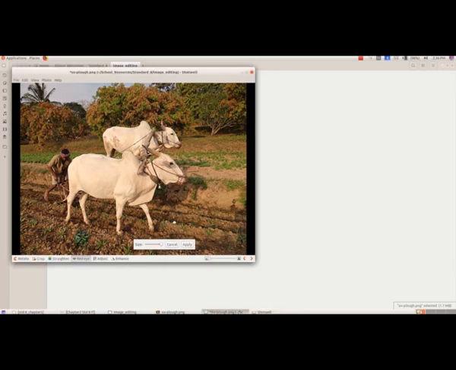So did you get that? I have selected this. Again I am giving apply. Can you see the difference there? So that is red eye. And if we have this red eye, if you want, you can remove that.